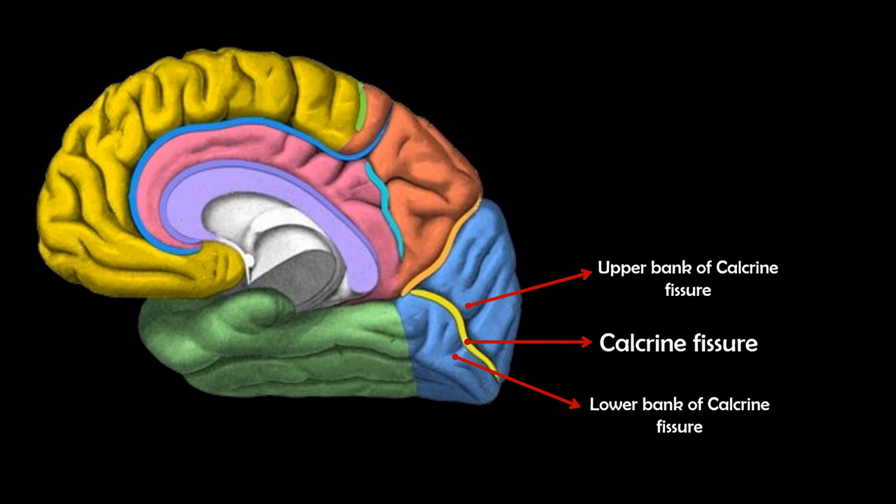The visual cortex in the posterior part of the occipital lobe is divided into two parts, upper and lower, by the calcarine fissure. This calcarine fissure has some grey matter above it and some grey matter below it. The grey matter which is above is called the upper bank and the grey matter which is below is called the lower bank. The upper fibers coming from the lateral geniculate body end up in the upper bank of the calcarine fissure, and the lower fibers end in the lower bank of the calcarine fissure.